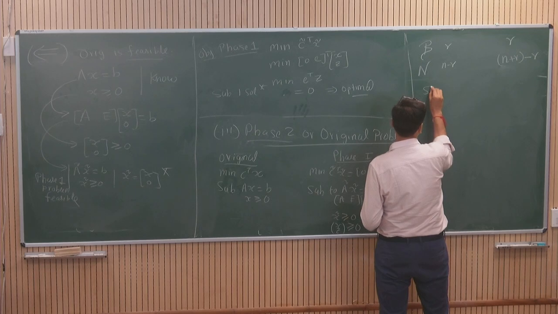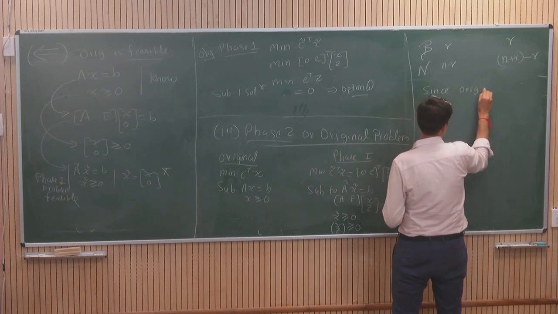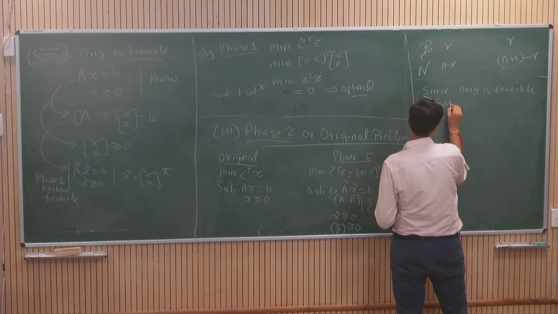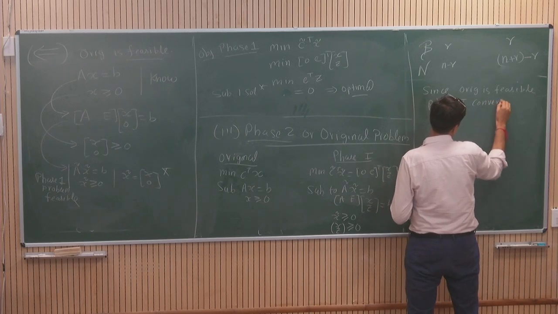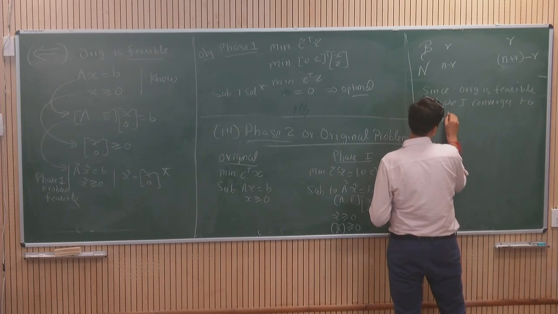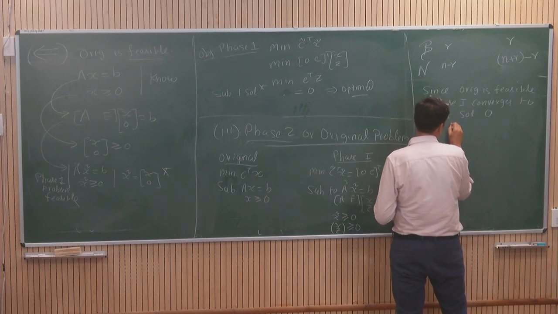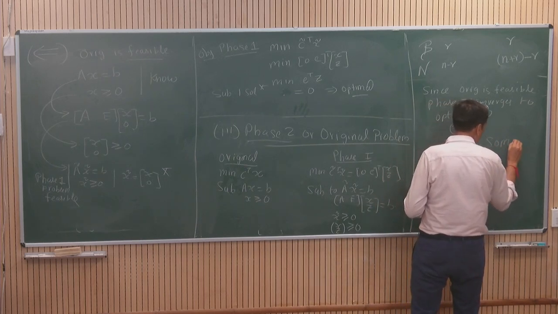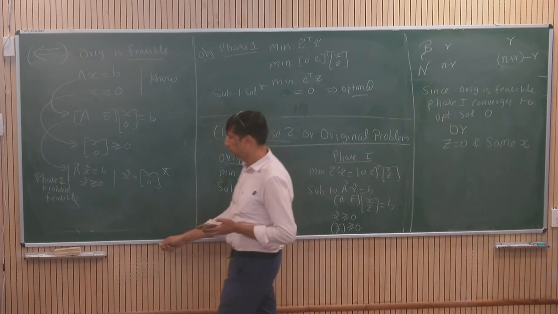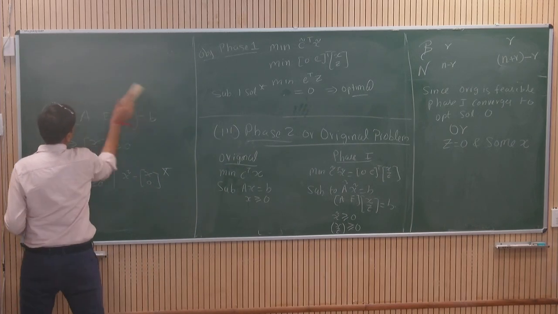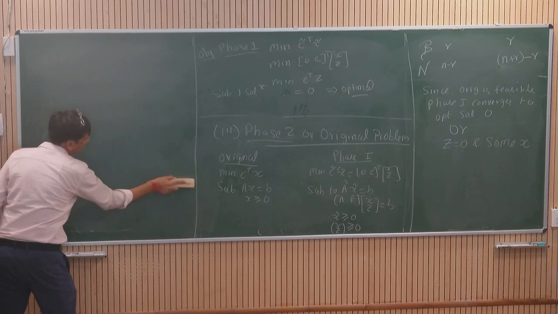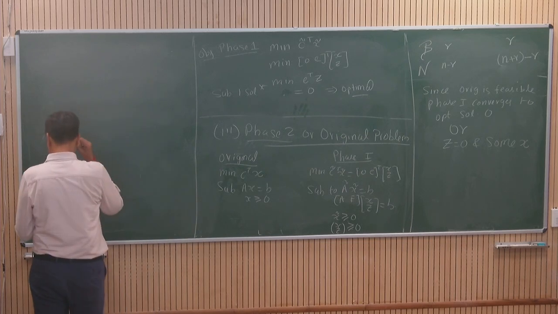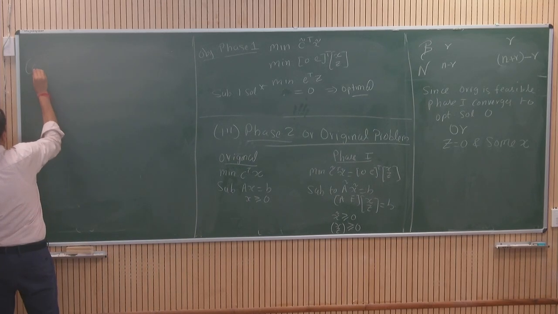So we first write, since the original is feasible, phase 1 converges to optimal solution 0, or in a bigger way, Z is equal to 0 and some X. Everybody, this is what we wrote. Now we'll work on two cases. Case 1,